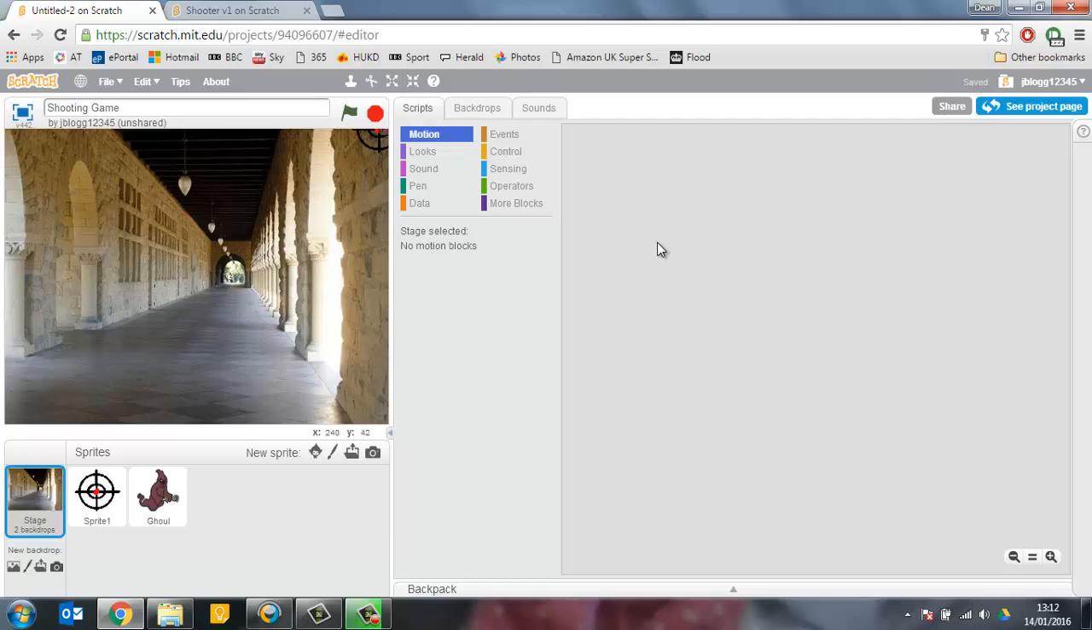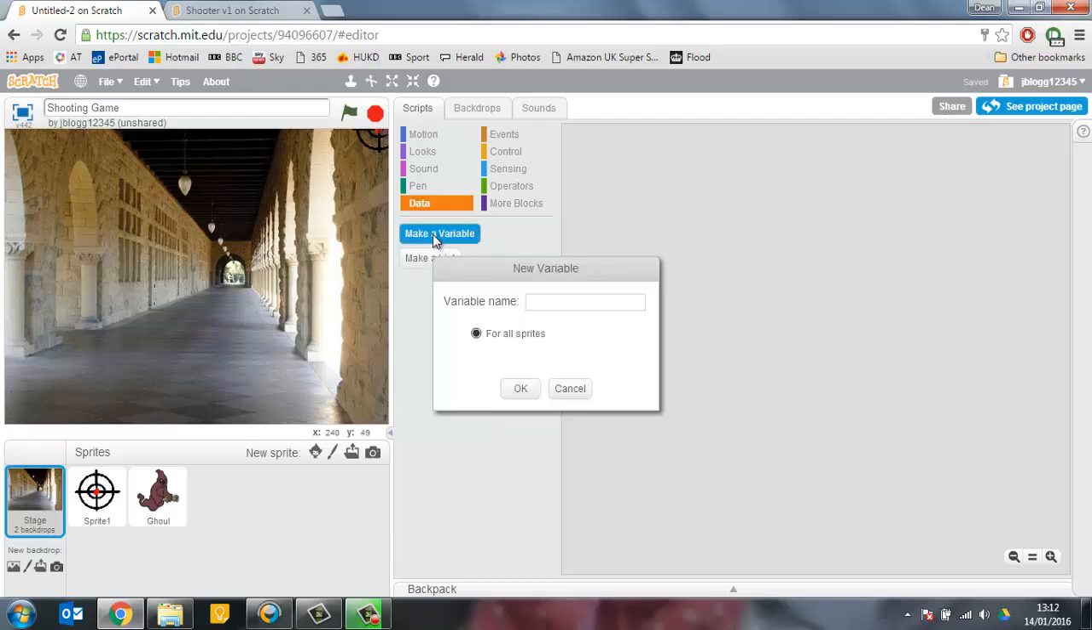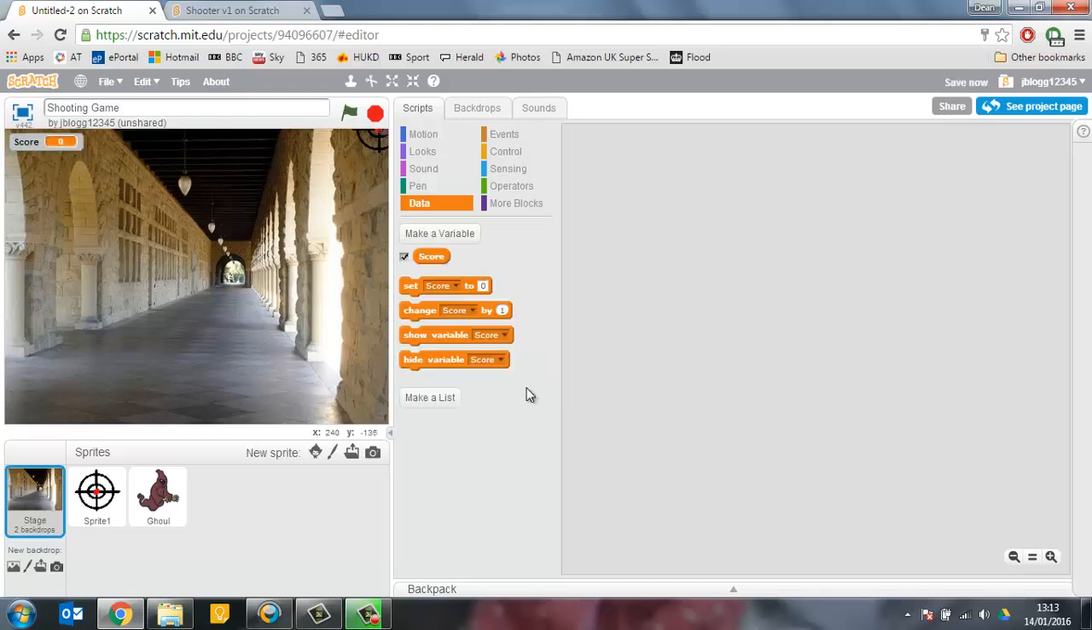Now what we want to do next is to set up the scoring system. So to do that, we're going to click on data and we're going to click on make variable. A variable is something that we can store things in and we can use it later on and display it on the screen. So this variable name is going to be score. Press OK and it will create a score box up here